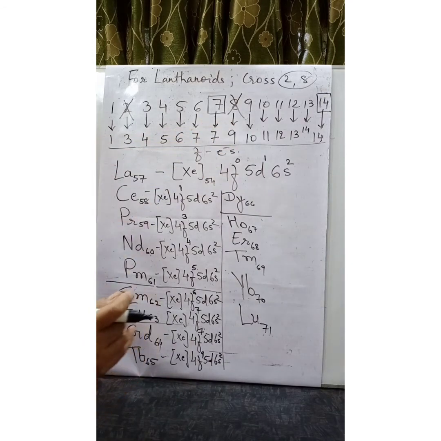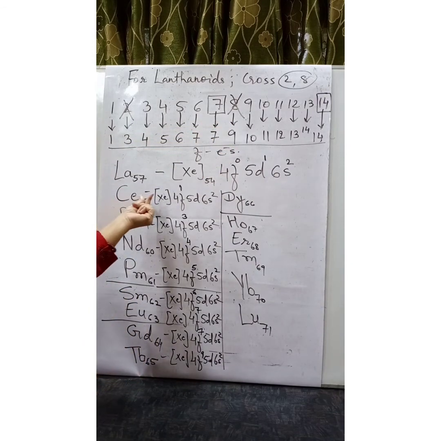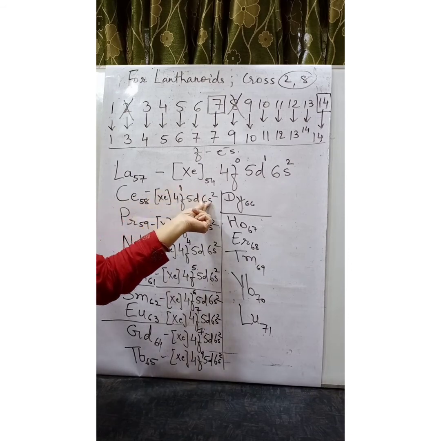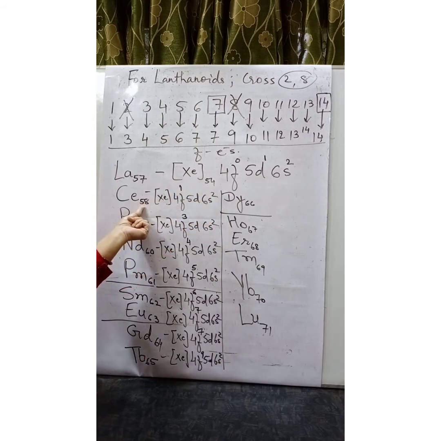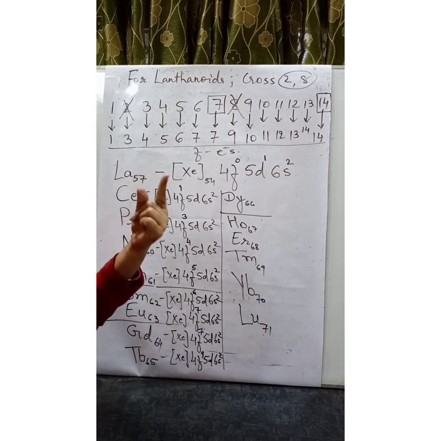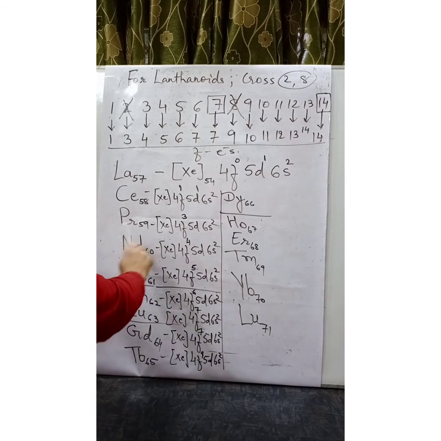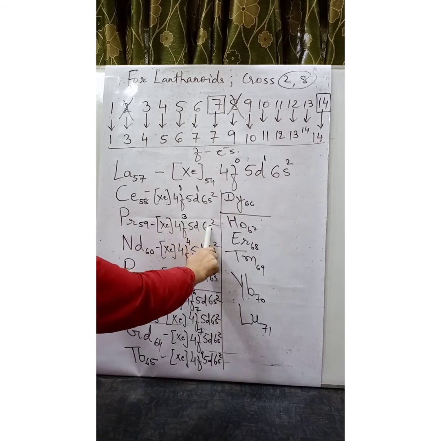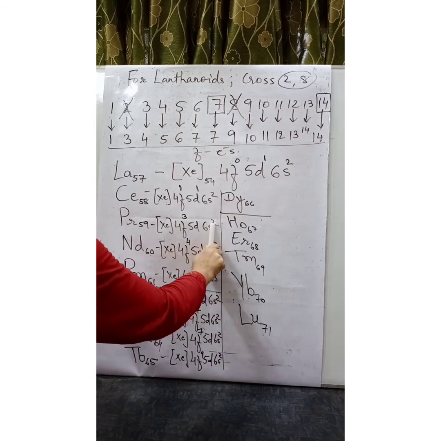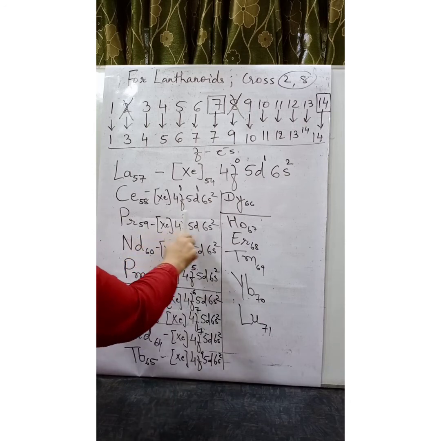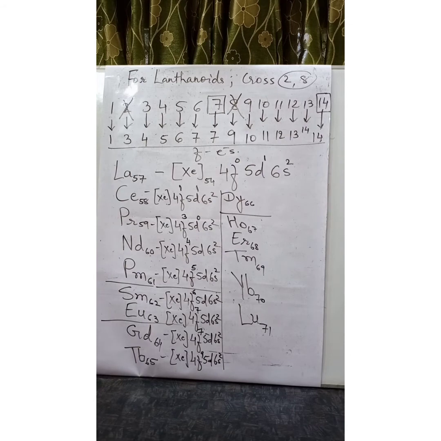I will stop. Now let me complete my series. Xenon is 54 plus 1, 55, 56, 57. What is the atomic number? 58. 58 minus 57, 1. So 5d has 1 electron. Let me check for this. 54 is for xenon. 54 plus 3, 57, 58, 59. 59 I have filled, and 59 is the atomic number. 59 minus 59, 0. So 5d is 0.